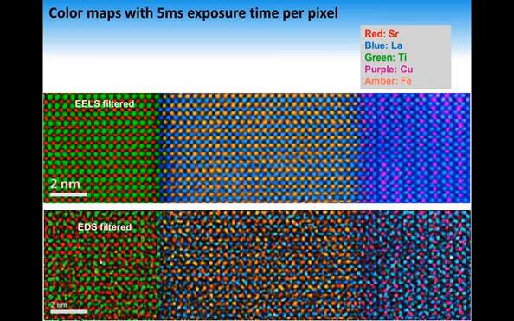So you have to filter so you can distinguish strontium and titanium. Here you can distinguish similar things in the lanthanum iron oxide area. But again, you struggle to see the diffusion of the copper into the lanthanum iron oxide. Looking at the EELS, this shows a beautiful map. It's pretty amazing. With such exposure time, you get these pretty nice atomic maps. You see very nice diffusion of copper into the lanthanum iron oxide